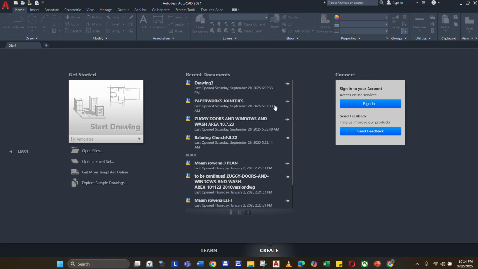And this is what appears when it's done loading. This is where your recent activities are shown in CAD. Okay. Sorry for that. So, here are the recent documents that I opened.